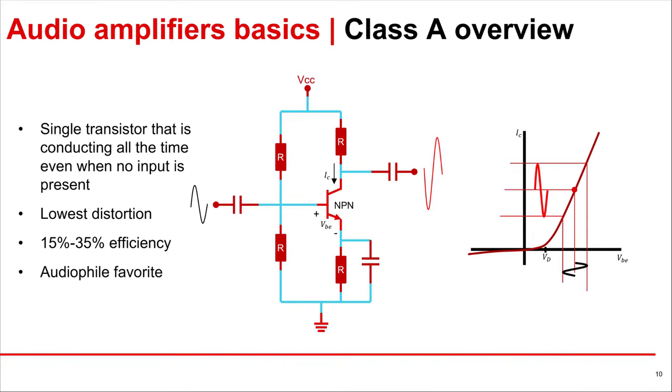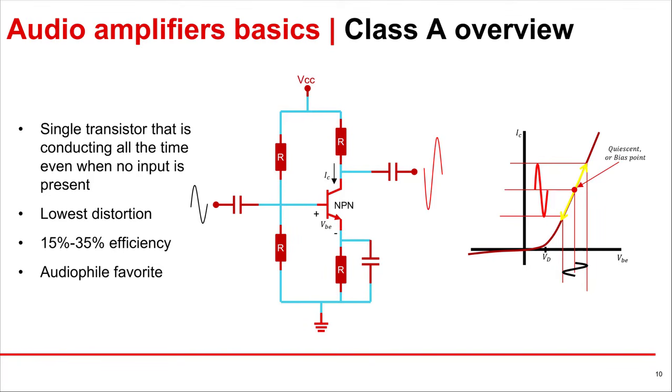The first amplifier we will discuss is the Class A. Class A amplifiers are a single transistor that is externally biased at some non-zero DC current. If we look at the graph on the right, which shows the generic relation between the base to emitter voltage, VBE, and the collector current, IC, of a BJT. With proper design, the transistor in a Class A amplifier can be biased such that the relation between the collector current and the base to emitter voltage is almost perfectly linear across the input voltage of that amplifier. This effect gives Class A the lowest distortion of all the amplifiers we will discuss.